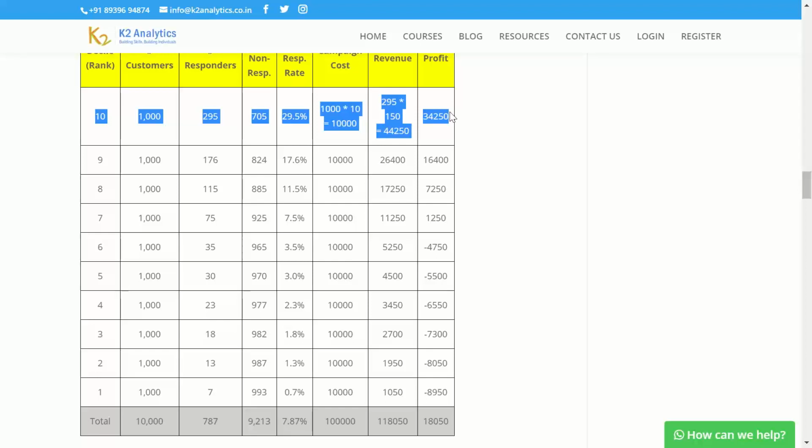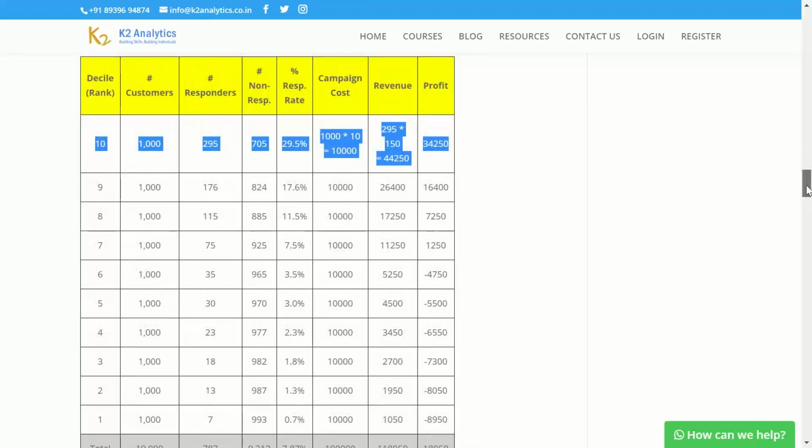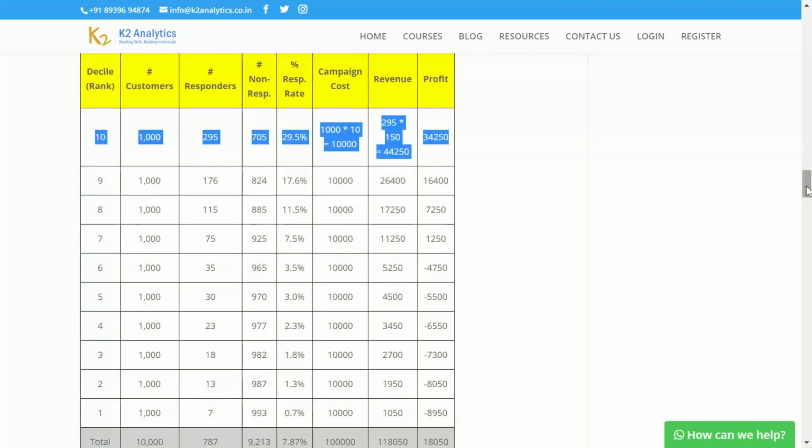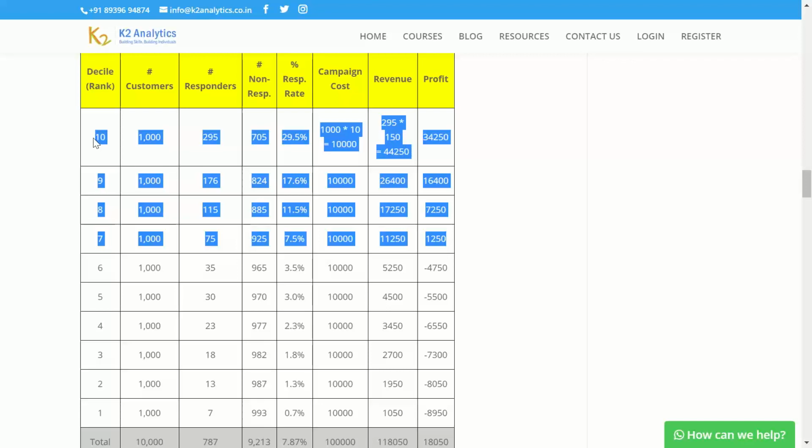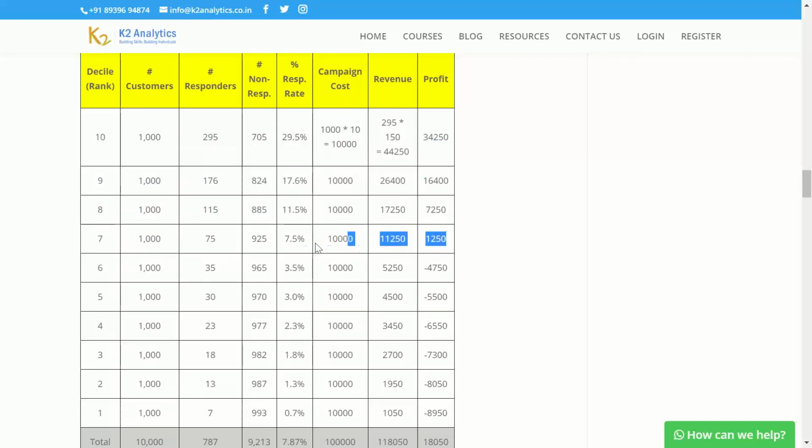So if you can have a model and before running the campaign, you have this kind of a sheet in front of you, how you will have your response coming from various segments. Before running the campaign itself, you can say, okay, I'll target only these buckets because I'm making profit. Why target this also? There may be a strategy that I don't want to leave this segment for a competitor. Because if you're going to leave segments for a competitor, you cannot build a business with a very low customer base. So you may have to reach out to all the segments where you are at least profitable.